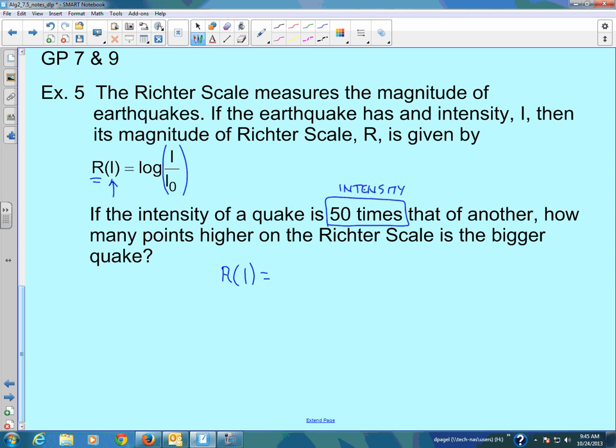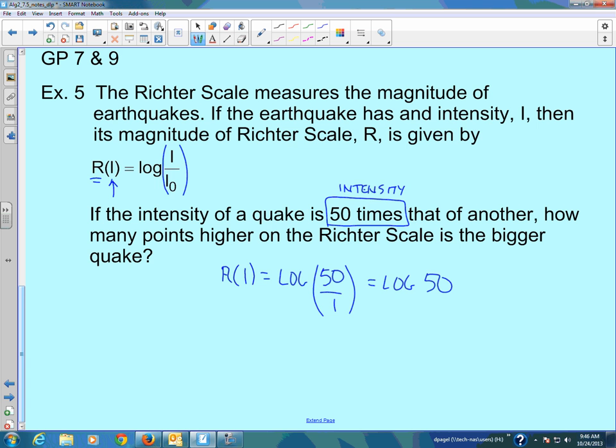Well, if we don't know what the actual intensity values were, but we just know a ratio of intensities, 50 times, that means our initial value, I sub 0, we can just make it 1. We can make it 2 if we wanted to, but 1, and then I would be 50 times that. So we'd have log of 50 over 1, which really is just the log of 50. Now, this is a common logarithm, so I'm able to put this into the calculator and take the log of 50, and I discover